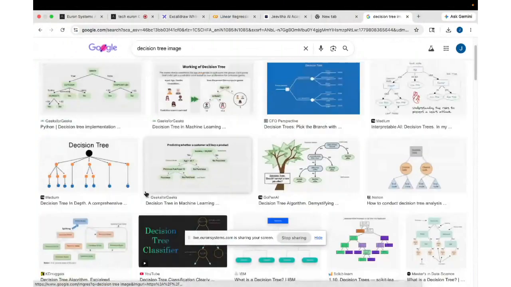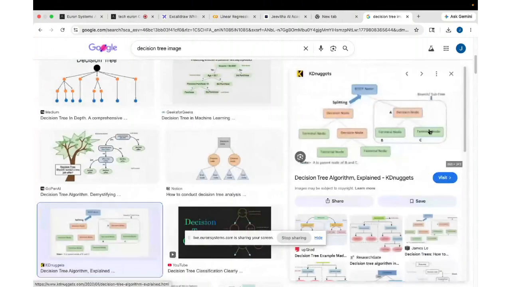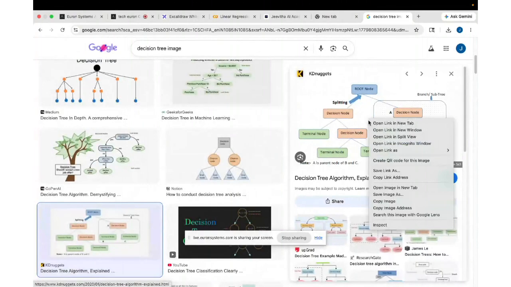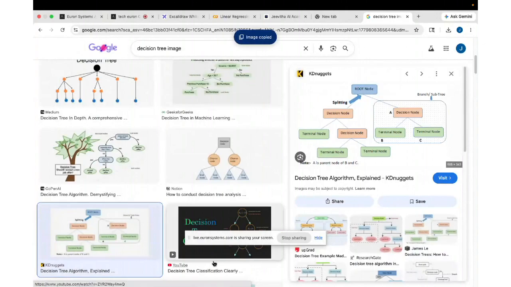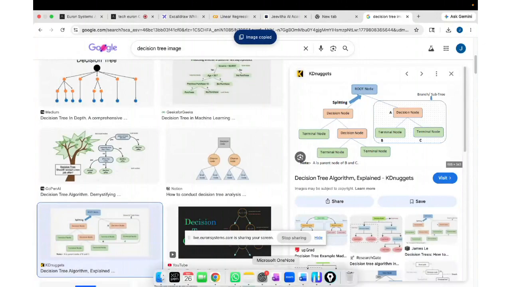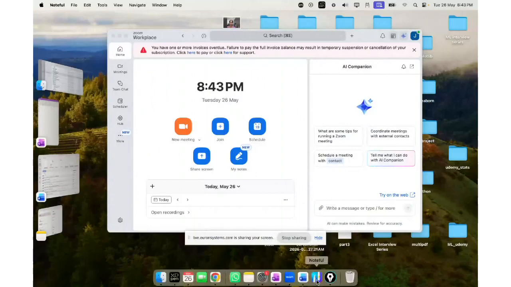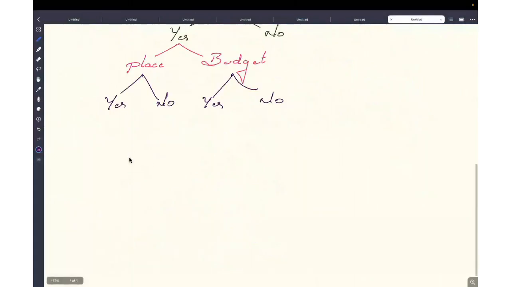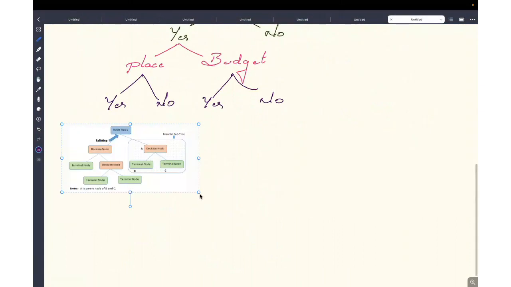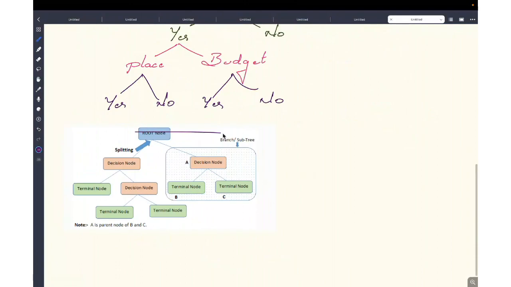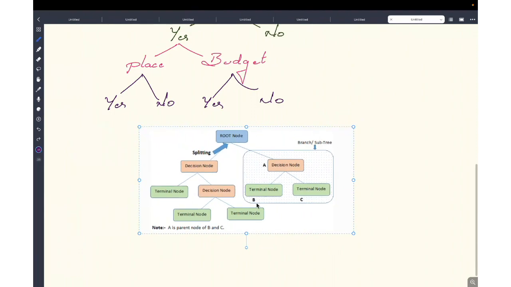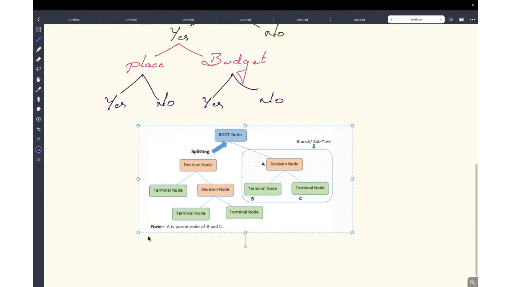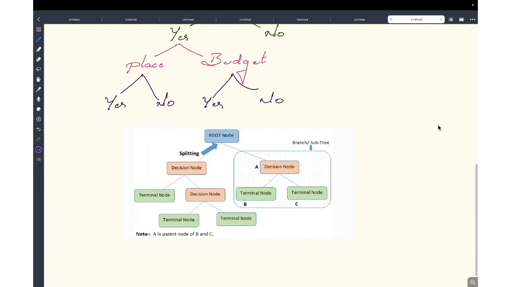So basically, when it comes to a decision tree, you need to understand certain basic stuff like terminologies. Try to understand them, and then I'll discuss how that splitting is going to happen, what rule it will be following, and all. So usually, when I say decision tree, it looks like a tree format. Okay, something like this.